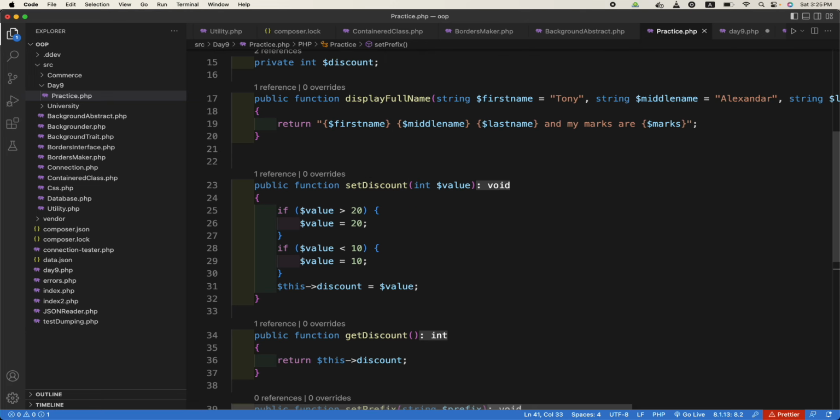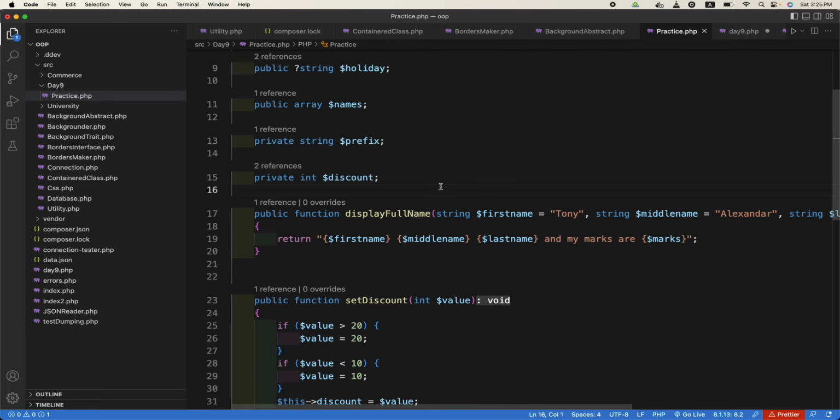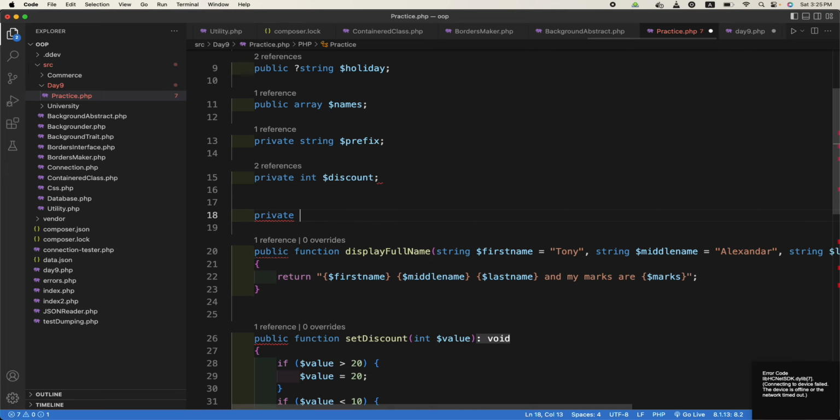And here we define another private variable which we need only within the class. If variables have to be accessed from outside the class, they are public, but we are setting this as private